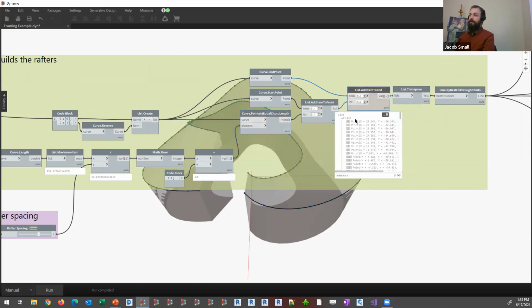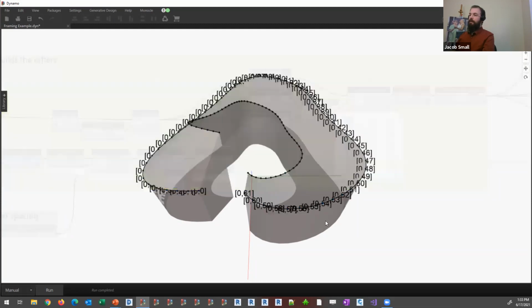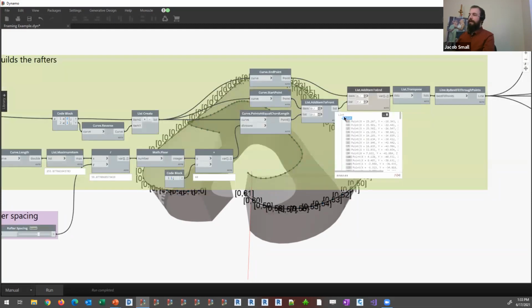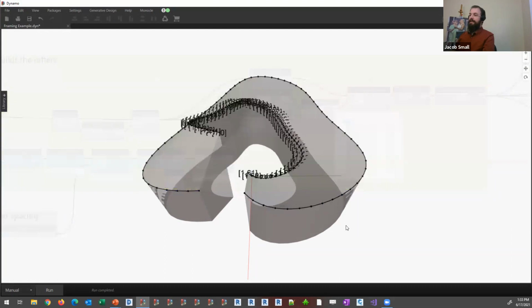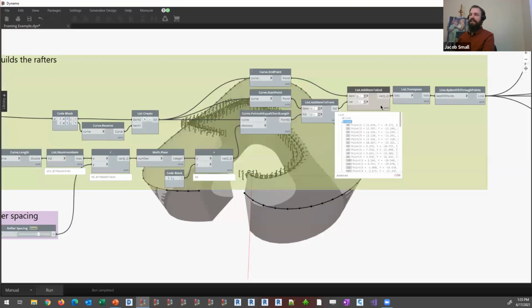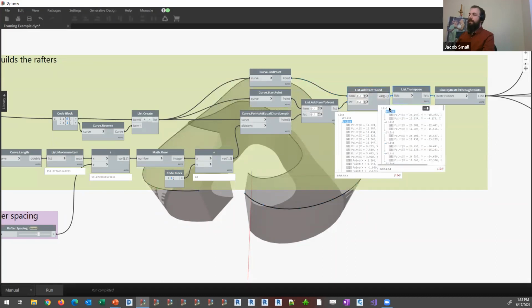You can see I've got 124, and these are all the ones on the outside curve, and the next list is all the ones on that inside curve. So those are kind of backwards. We can't play connect the dots just yet. So we'll transpose those nodes, and when I do so, this group,